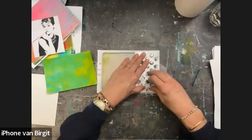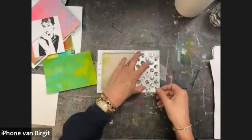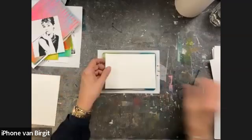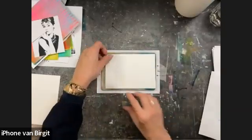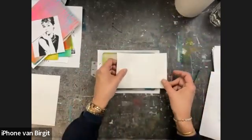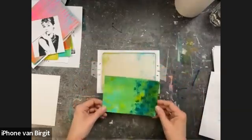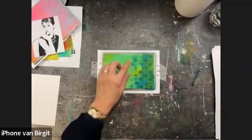I'm just going to push it in here, and the lower parts of my peel strips will take paint from the plate, leaving some circles behind. I'm just going to put this on top of my print, and there I have some texture. There's still some on the plate that I can also still try to pick up, because I don't like to waste any paint. So here I have stuff going on, and here I have a lighter area